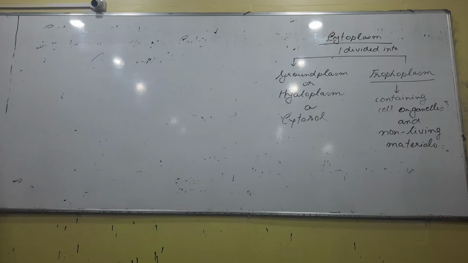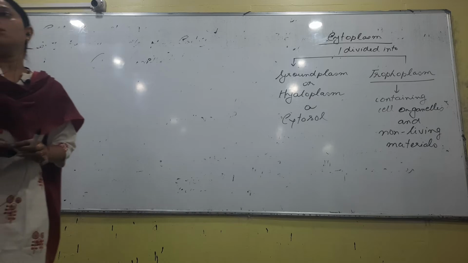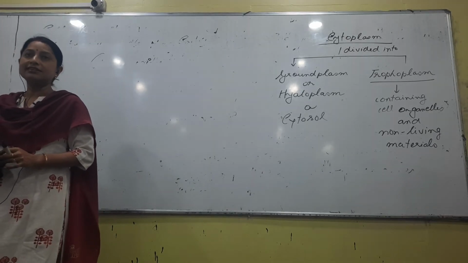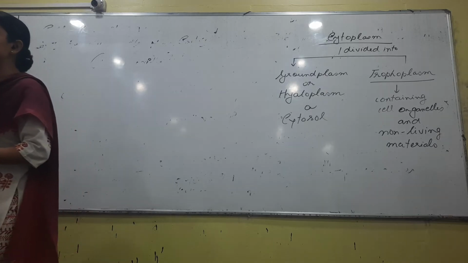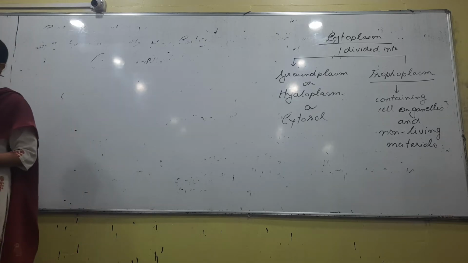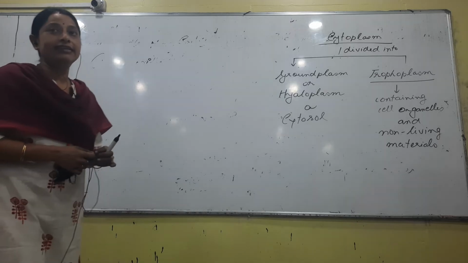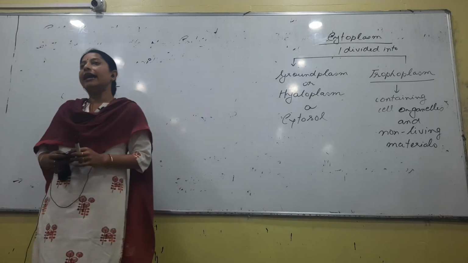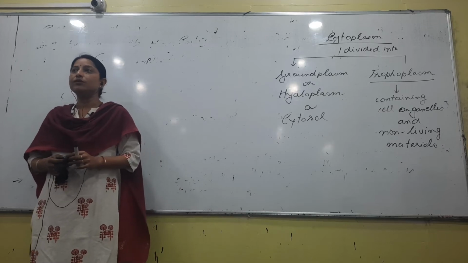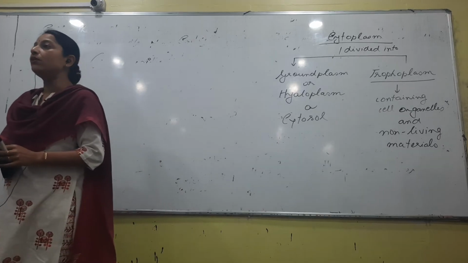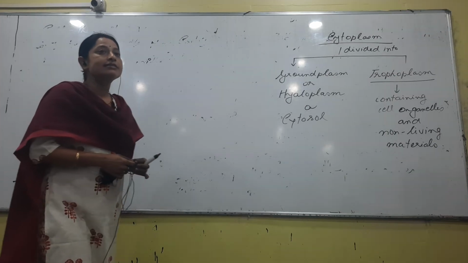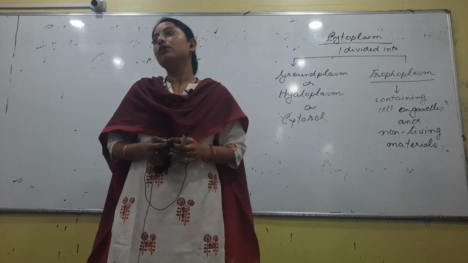In the chart that we have already discussed, I think you all remember whenever we talk about organelles, we use 2 terms, membranous and non-membranous, right. There are certain organelles that have a membrane and certain organelles that do not have a membrane. One example of a non-membranous cell organelle, ribosomes, that's the best example that we talk about. And if you are talking about membranous, it could either be a single membrane or a double membrane structure. One example of a double membrane structure, mitochondria, and another could be chloroplast, right.